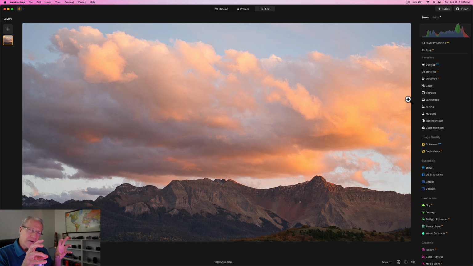Now, this is a photo that I think is a great example of where I want to be very specific and selective in controlling the light and color. If you look at it, this is a photo that has what I call color tension. There's a lot of bright stuff on the right hand side of the sky. On the left hand, I should say bright and warm. On the left hand, there's a little bit darker, more shadowed stuff that's also cooler. So I get that color and light tension, bright and warm, cooler and darker. And I love that, and I love playing that up in photos, and I talk about color tension in some of the videos. And so I want to play with that because it's occurred naturally and I want to accentuate